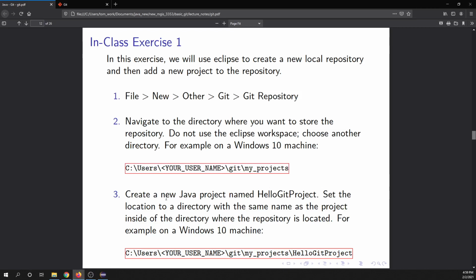All right, next up, create a Java project called Hello Git project. Now when you create this new project, what you want to do is set the location to a directory with the same name as the project inside the directory where the repository is located. So you would go into this directory, wherever. You don't have to put it in the same location as mine, but whatever directory your repository is in, go into that directory, make a new subdirectory under that, and